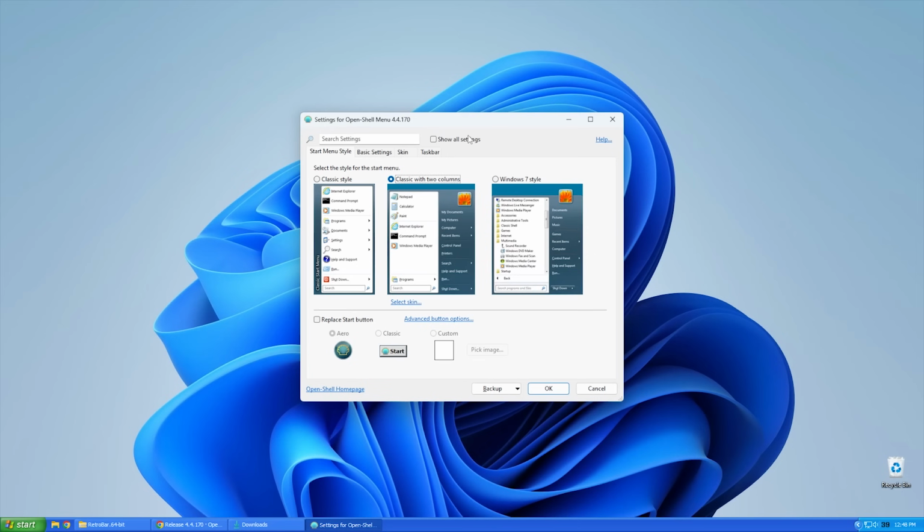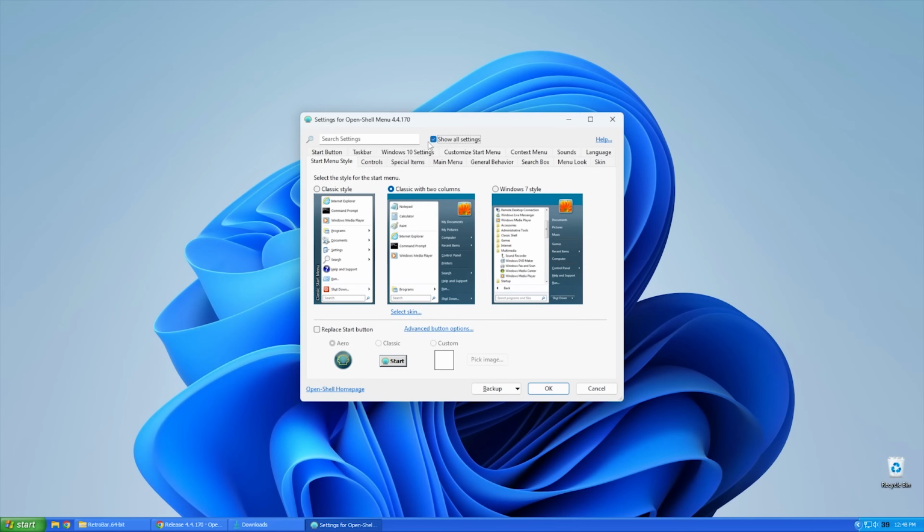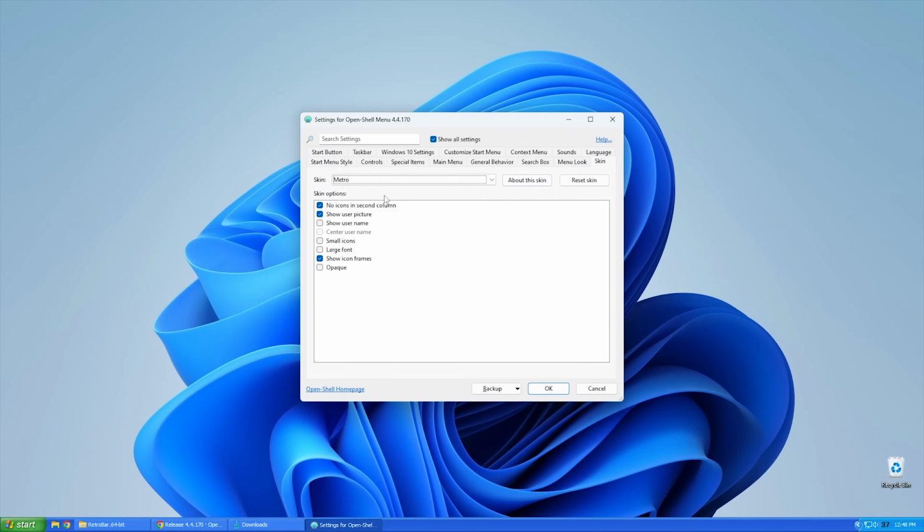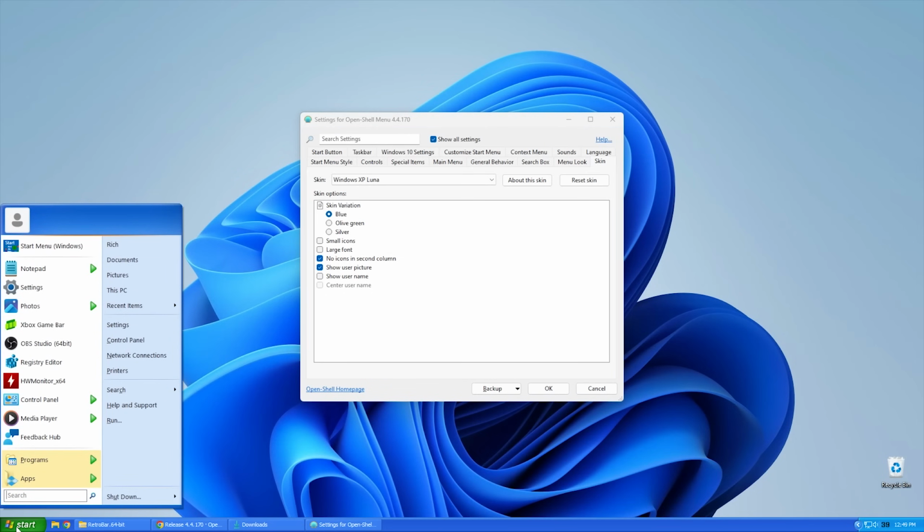And then from there, what I recommend doing is clicking show all settings. This will give you a lot more advanced settings, and we're gonna need a few of those advanced settings here in a little bit. So the first thing we wanna do is go over to skin. Right now it's set to Metro, so we wanna change this to Windows XP Luna. And then from there, if we click the start button, you can see it's starting to look a lot more